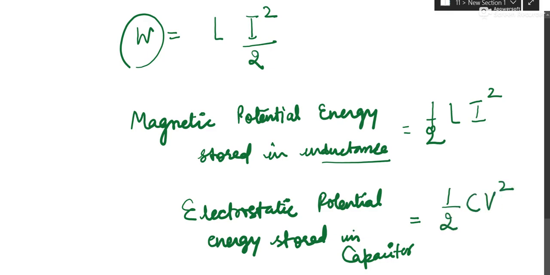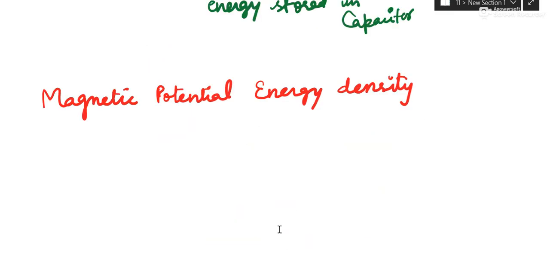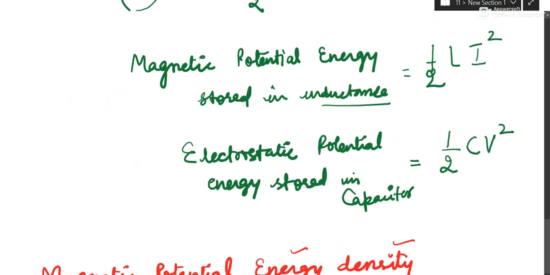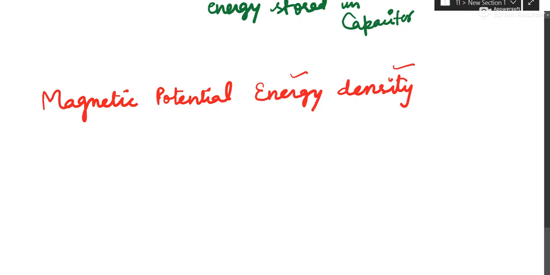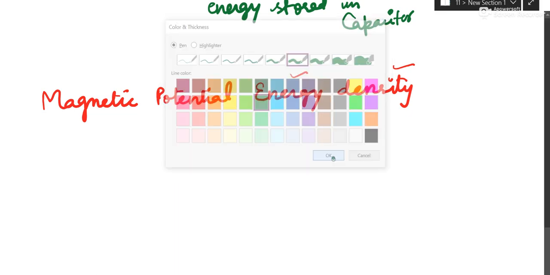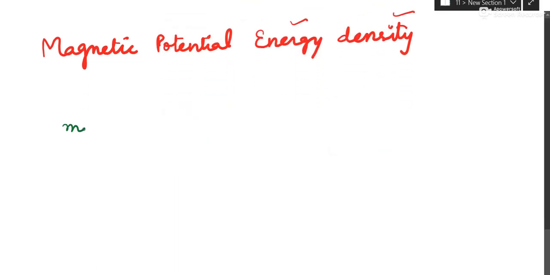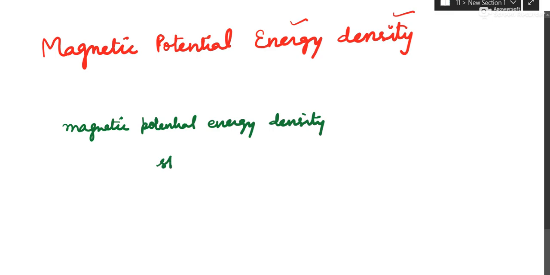So, getting to the next topic now. We have done magnetic potential energy. Now we are doing magnetic potential energy density. Its symbol, magnetic potential energy, we will be denoting as this. Potential energy, magnetic means B. So the formula is this. Now we are obtaining energy density. We will be moving the way we did in electrostatics for electrostatic potential energy density, right? So we will be writing magnetic potential energy density stored in an inductor, if you wish to write it in full.